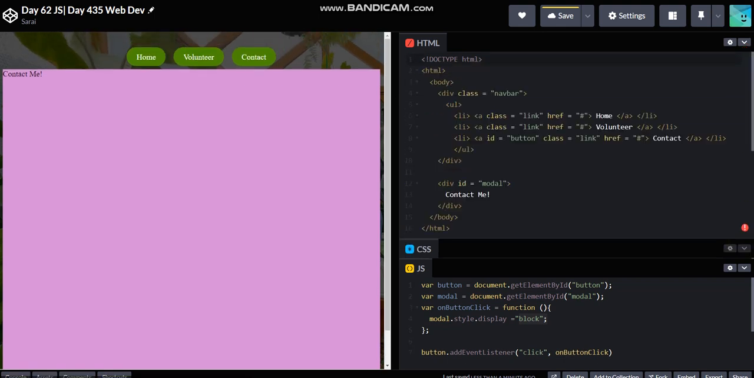Weird. What if I put the modal inside? Oh no,